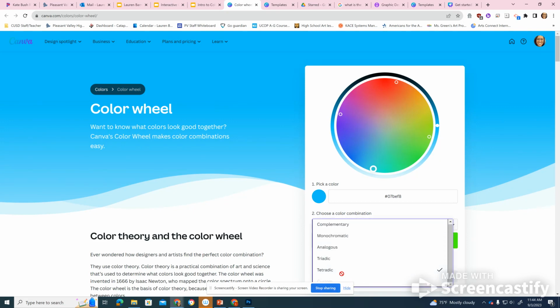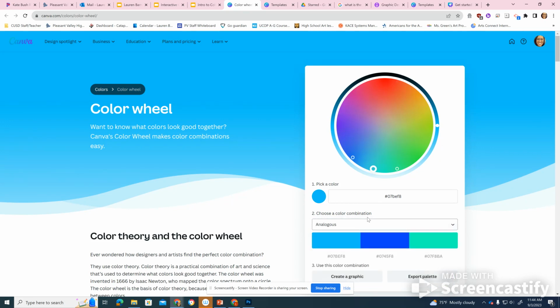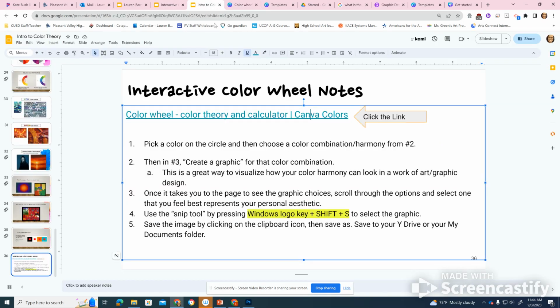And it's there. I'm not on the custom right now, so this is going to just give me my basic options for my color harmonies. I'm feeling the analogous right here. I'm liking this color palette. So what I'm going to do next, and I'm going to take you back over to your notes, is it says,